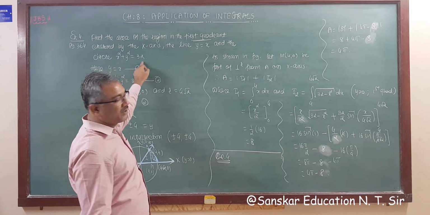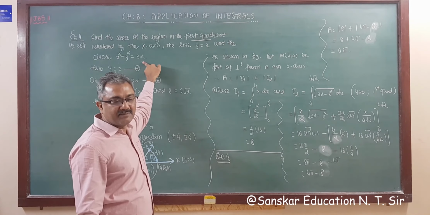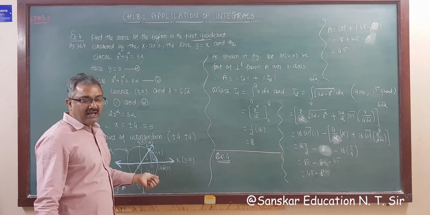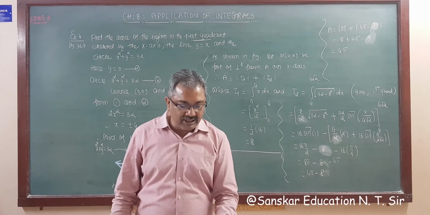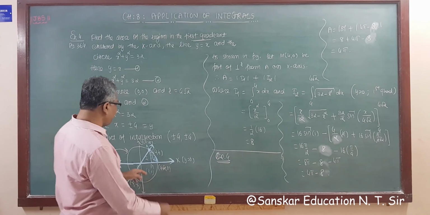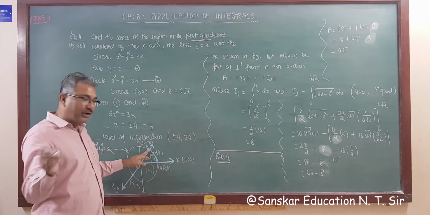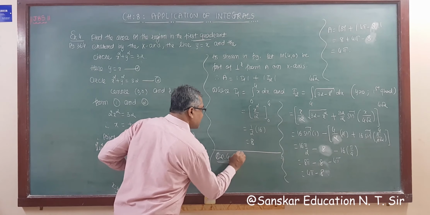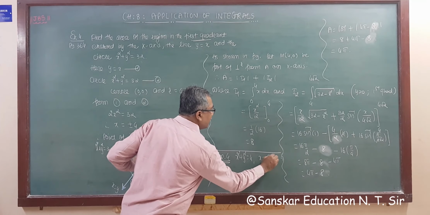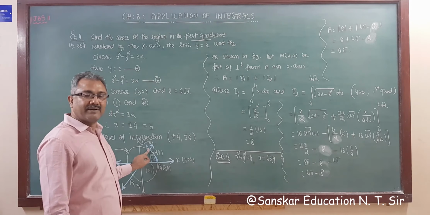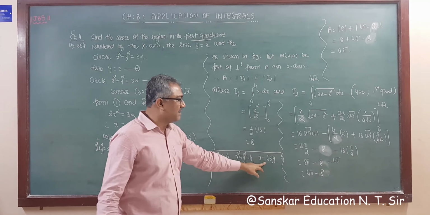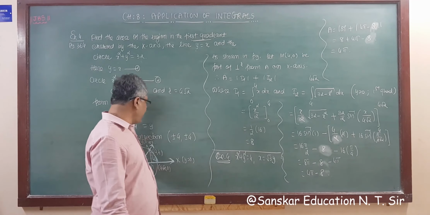So x square plus y square equal to 4 is given in question number 6, and the line x is equal to root 3 y. The line is given, x is equal to root 3 y. So that is also an easy question, same thing: the line is this, find the intersection point. So the circle x square plus y square equal to 4 is given, and the line x is equal to root 3 y, right? Instead of this line, y is equal to x, this is the line given, find the intersection point, get the same line.